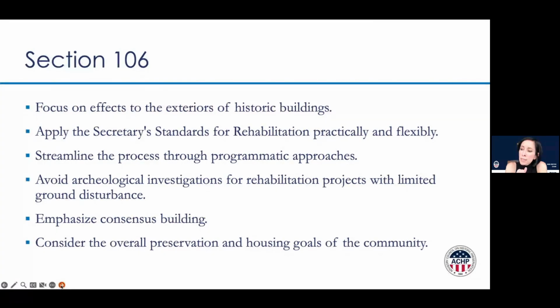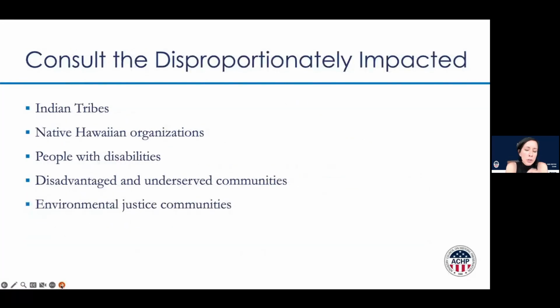We discuss the need, we call upon ourselves to streamline processes through what we call programmatic approaches or alternate permitting procedures. And I'll talk about this in a minute, but anyway, I just want to note we called on ourselves to do it. And we really overall try to say that through the 106 process, we have to balance the need for housing with historic preservation, focusing on what's important and not focusing on what's not important.